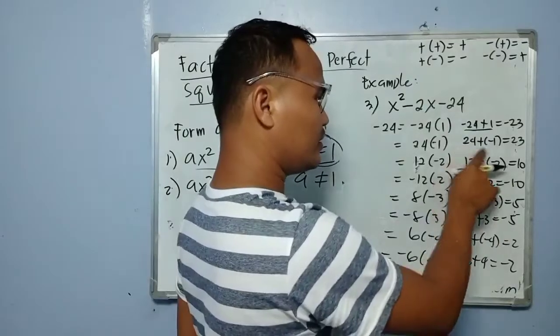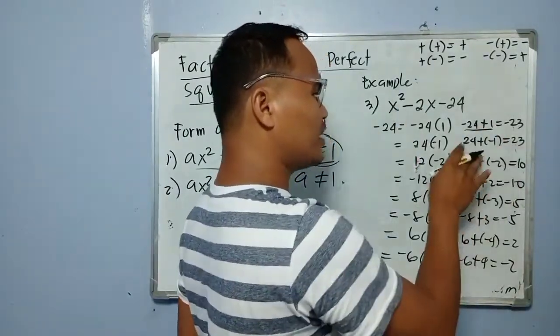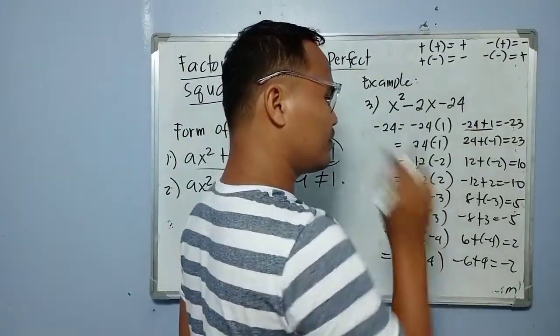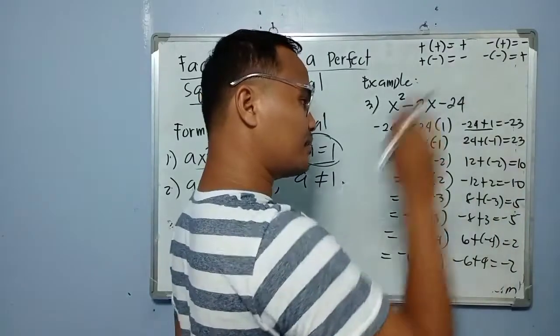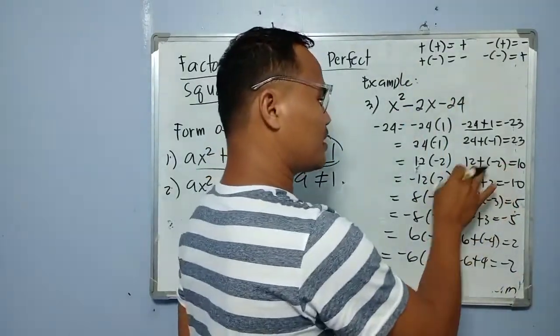The same here. Unlike signs, we're going to subtract. 24 minus 1 is 23. The sign of the bigger number is positive, so the result is positive. 12 and negative 2 have different signs, so we're going to subtract. 12 minus 2, that's 10. And the sign of our bigger number is positive, so the result is